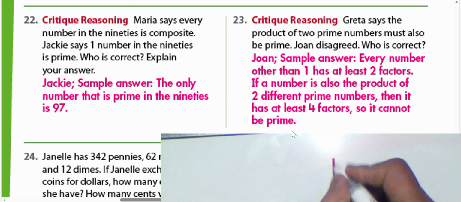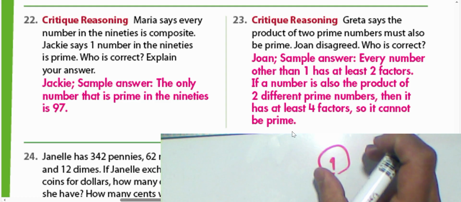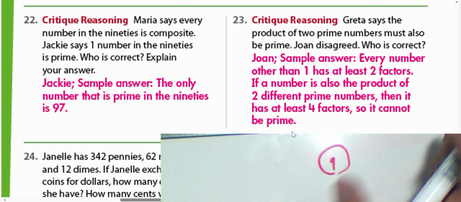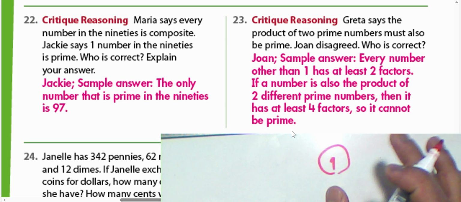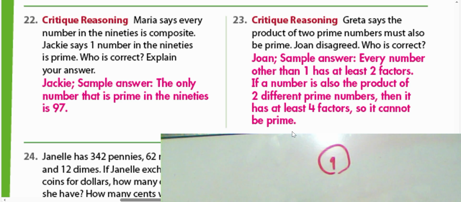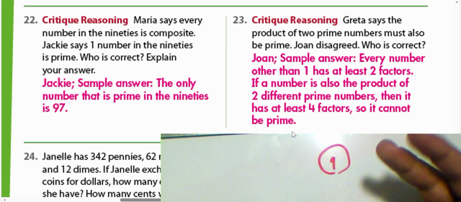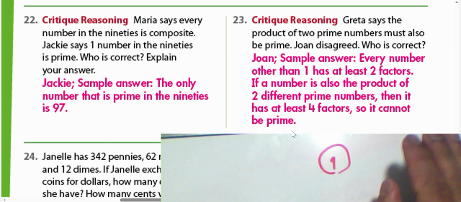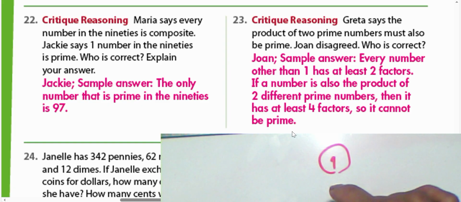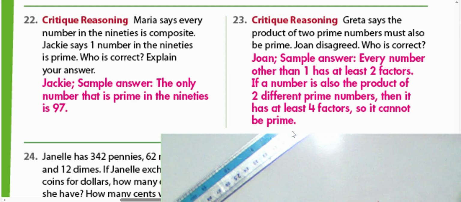1 is a number that can be divided by 1 only, so the digit 1 here is not prime and not composite. 1 is not prime, not composite. Then the simple answer: every number other than 1 has at least 2 factors, because 1 has only 1 factor, it can be divided by 1 itself only. Also the product of 2 different prime numbers has at least 4 factors, so it can't be prime. 1 can't be prime. Okay,